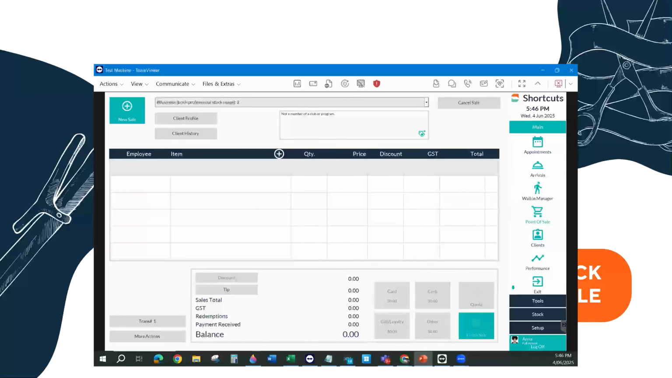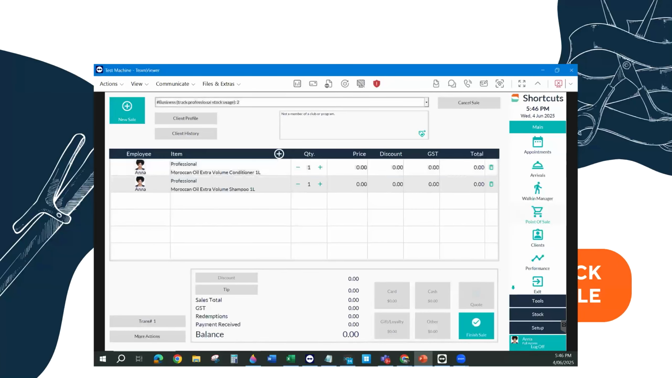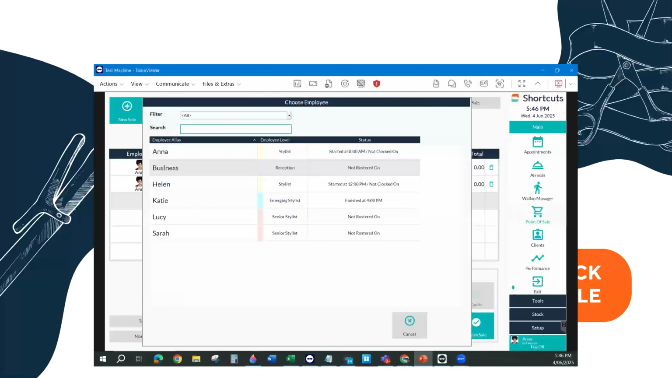And then they can just scan the products out. So if you're like me and you've got barcodes in and you've got a barcode scanner, we can just scan those products as I'm doing now, and they're going to come up. If you haven't got a barcode scanner and don't want to order one, that's absolutely fine. You can just click on an empty sale line,